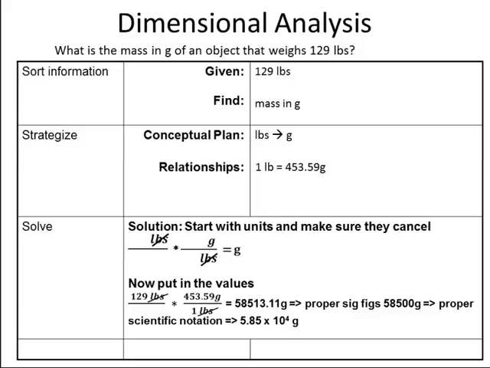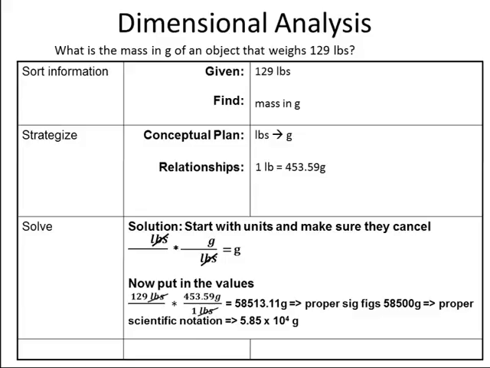By writing out those units first, when I look back at the relationship, I know one goes with the pounds and the 453.59 goes with the grams, which means the 453.59 is on top and the 1 is on the bottom in that unit conversion. I don't get confused and have to figure out, am I dividing, am I multiplying, what am I doing? Okay, so write those units out, show them cancel. All right, so when I do that, I end up with a value that's